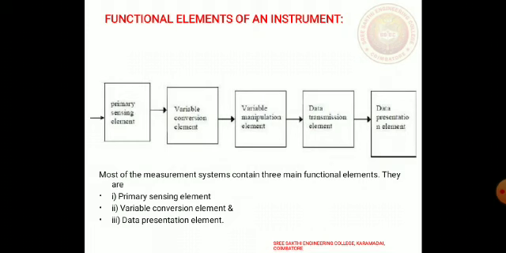The next stage of the measurement system process, conversion, is called signal conditioning. The term signal conditioning includes many other functions in addition to variable conversion and variable manipulation. The primary sensing element in any instrument or measurement system is called the conditioning element. Next comes the data transmission element, before the data presentation element. When the elements of the instruments are physically separated, it becomes necessary to transmit data from one to another. The element that performs this function is called the data transmission element. And the last block is the data presentation element.